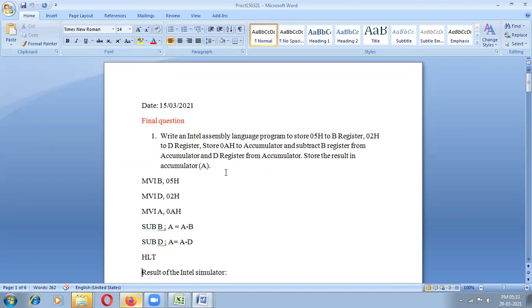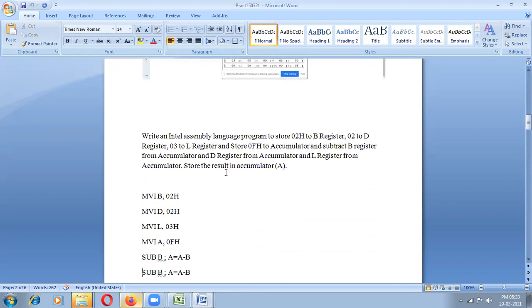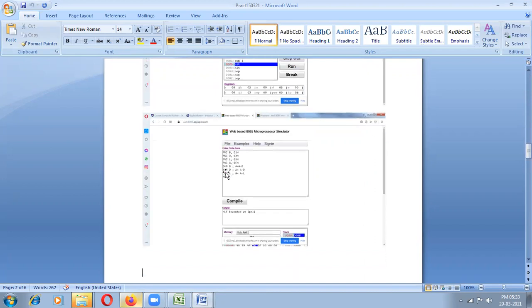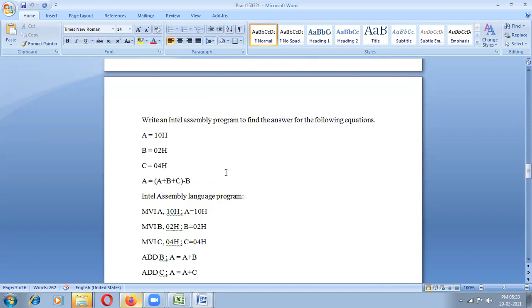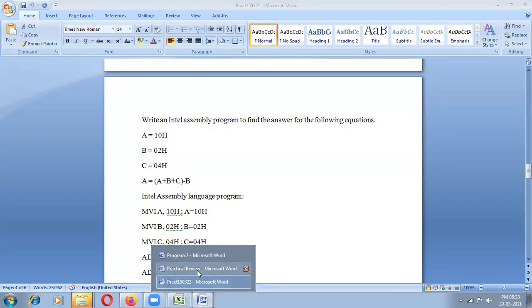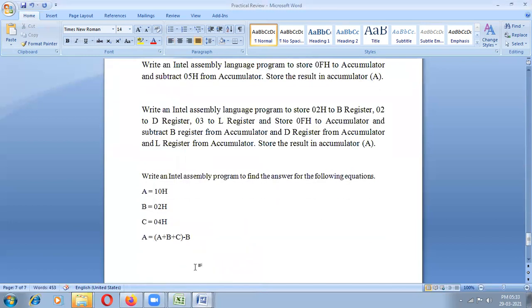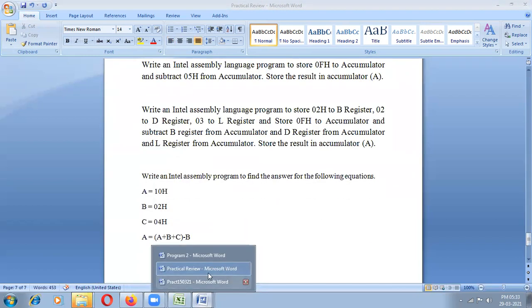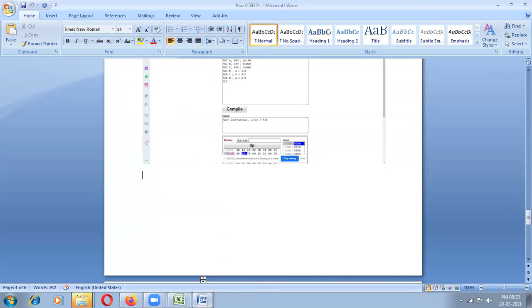Subtract B and D. Then write an assembly language program for subtraction. Then write an assembly language program for the following equation. So that is what we discussed in practical 15.3.